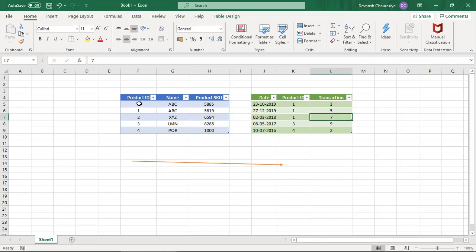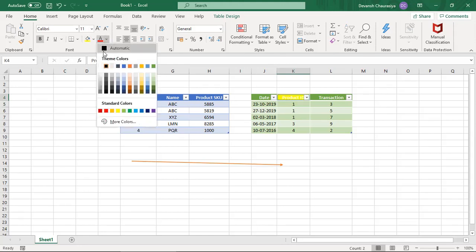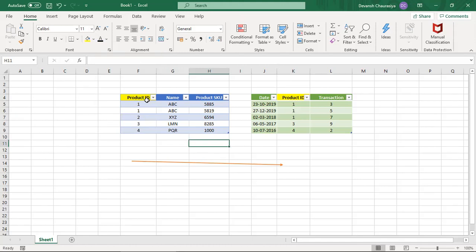Now, if we are connecting on the basis of product ID and product ID, because this is my key, right? If I'm connecting my tables on the basis of this and this as the key, what is going to happen is it's going to get confused. So product ID 1 has the product name ABC from SKU this, transaction 3.